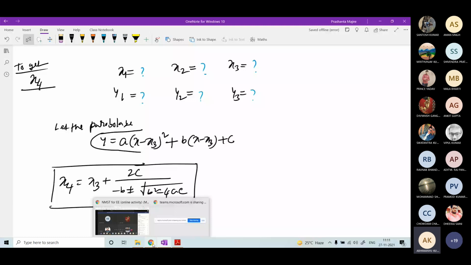Okay, so if no doubt is there, fine. In the next theory class, we'll be discussing one more method, and that will wrap up this particular unit of root finding. We'll complete this unit by the next theory class, and then we'll start interpolation, data representation.